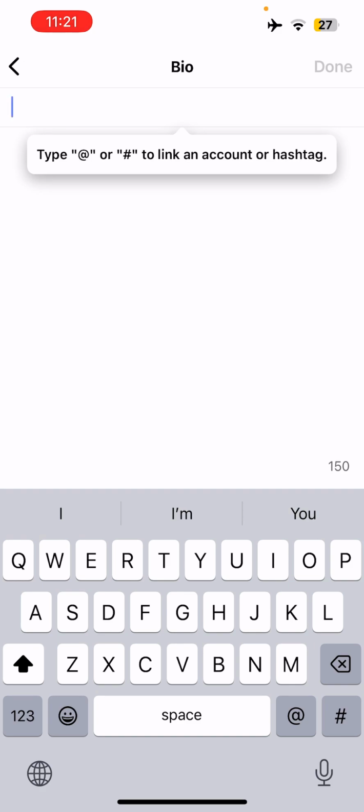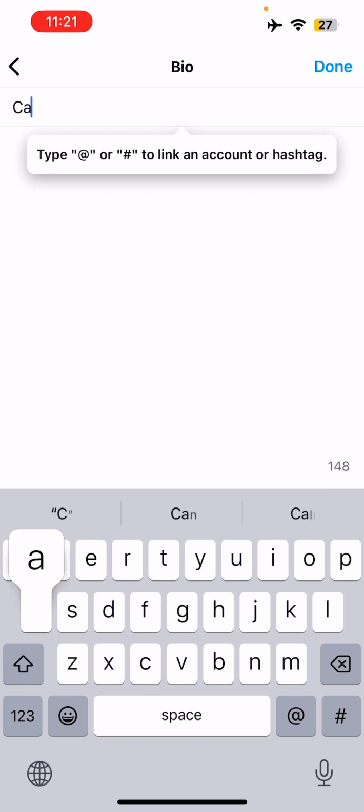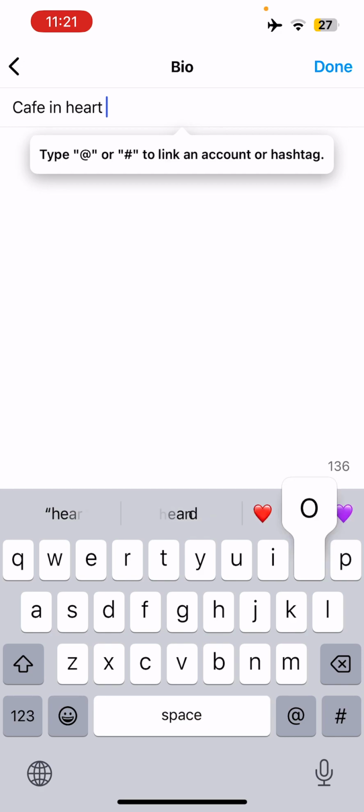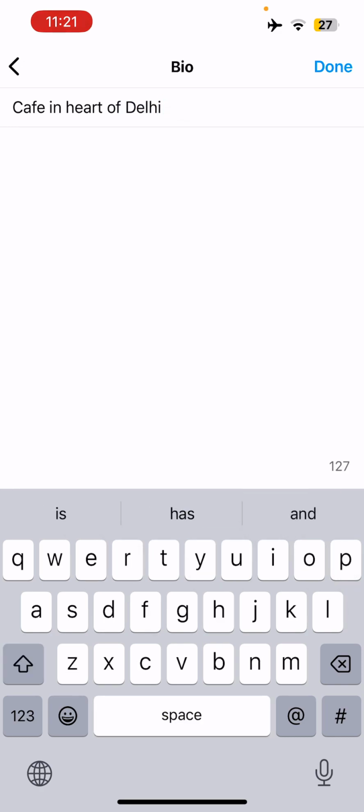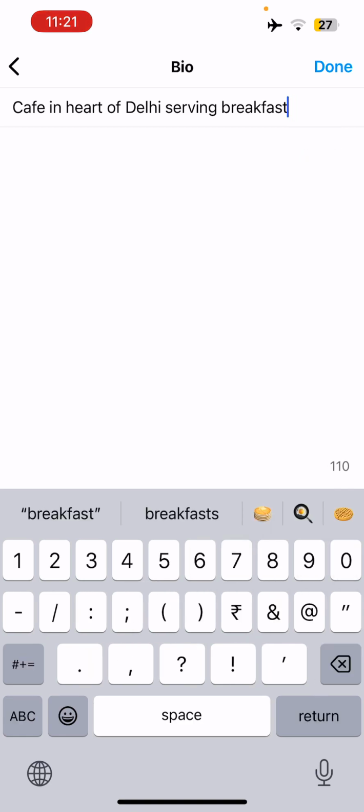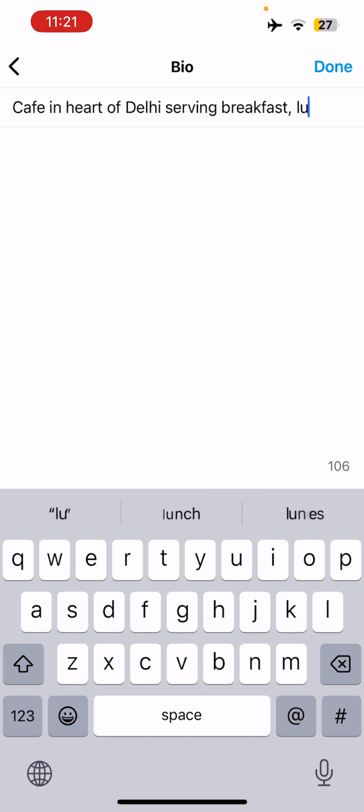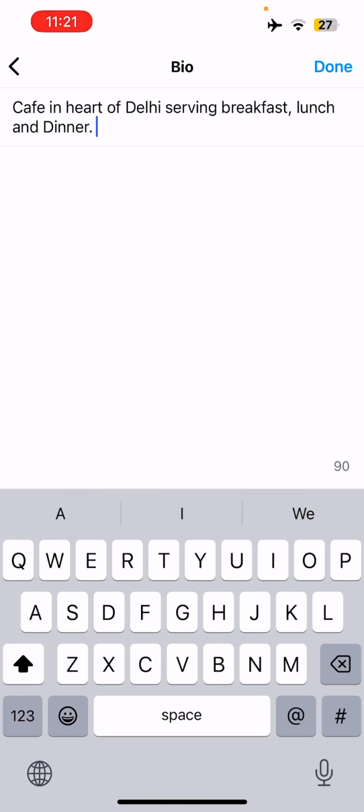Let's say we can write cafe in the heart of Delhi. I'm just creating a username and a bio. You can of course add a good bio, a good summary about your business. Serving breakfast, lunch, and dinner. Let's say I've just added this